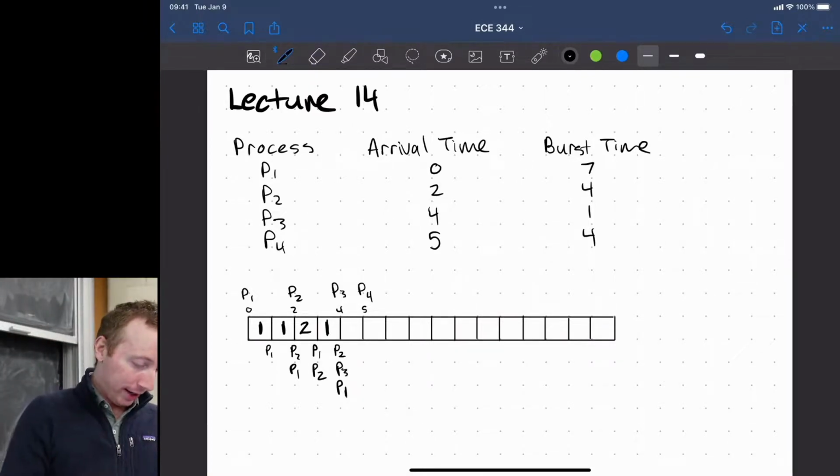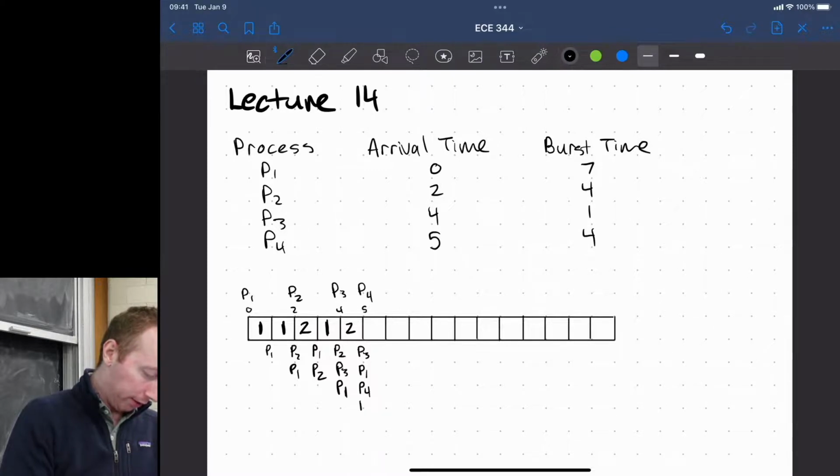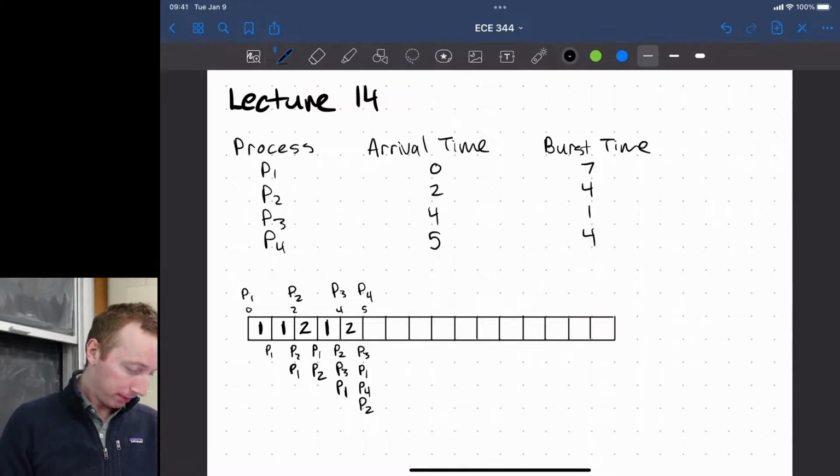So that's our tie. We pick the process that is at the front. So process 2 would execute. Now our queue has process 3, process 1. Now we're also re-adding process 2 to the back of the queue while process 4 arrives. So we'll prioritize the new process. And then our queue looks like this. So everyone good with that?